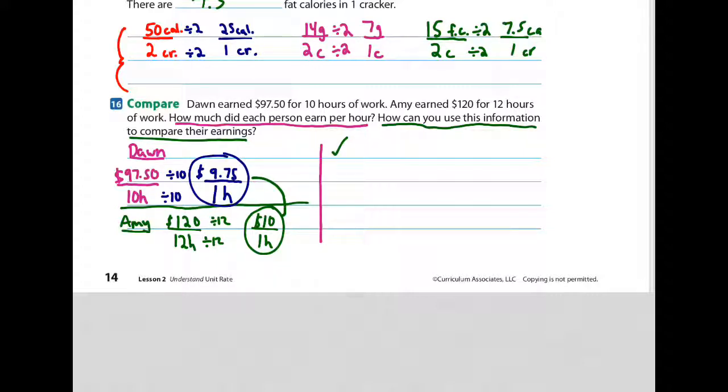Okay, so now you should have your answer written, a couple sentences. So I'm just going to write mine. Remember, yours does not have to look the same as mine. All right, so I'm going to say you can use